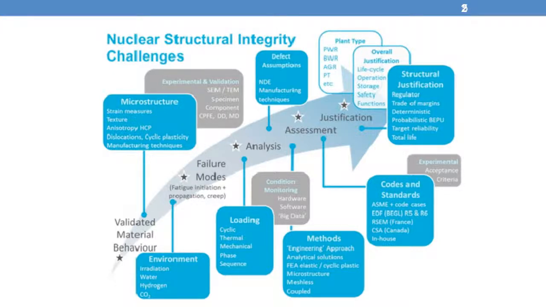And where possible, this is done to the requirements of codes and standards such as IMechE and R6, enabling us to present a structural justification that's accepted by the regulator. Now, exactly what's done depends on the plant type and component and the specific failure modes, but the general route is similar. For example, if we're justifying some kind of pressure-containing component, this will typically be done using a combination